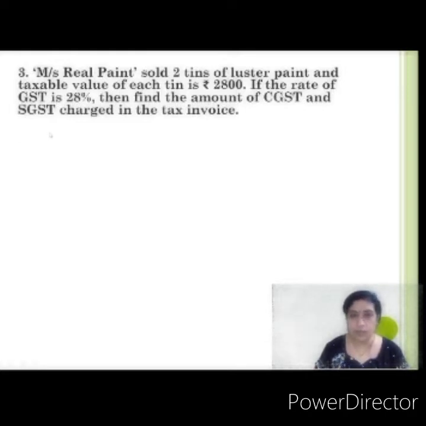I have solved with that method, or else you can directly go by 28 and then convert it into half, okay. So let us see how to write it down first. Whatever you are thinking, you must write it down with proper steps. This is very, very important, okay. Whatever you think, whether you think by calculating GST first, then going for CGST and SGST, or first calculating CGST, SGST and then going for GST, whatever you think in your mind, it should be properly put up on your paper, okay. So let us see how I have done, okay.